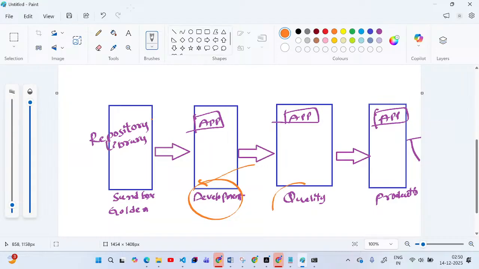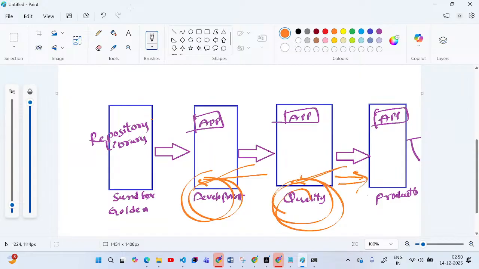After that we will push our code from the dev environment to the testing environment. After testing we will push our code to live. From this live server anybody can access our data. Okay, fine. Next here,